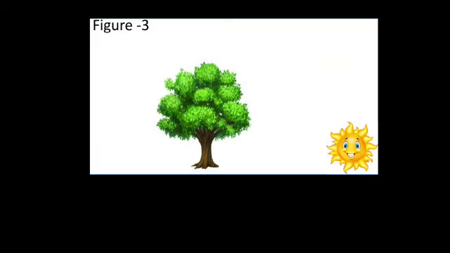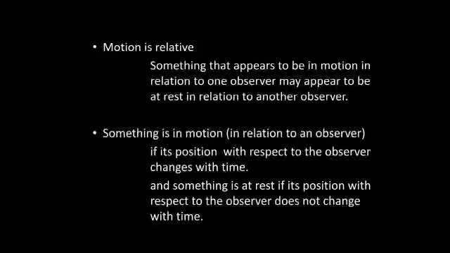Just see another picture here. When you look at the sun, it does not appear to move. But if you look at it again after 5 hours, its position is different. So you know that it has moved slowly, of course in relation to you, during these 5 hours when you were not looking at it. So, what did you understand from all these pictures or all these examples? Motion is relative.